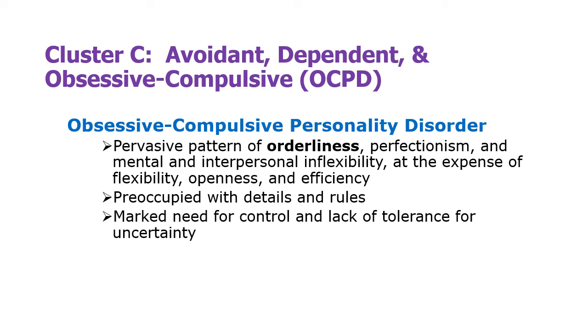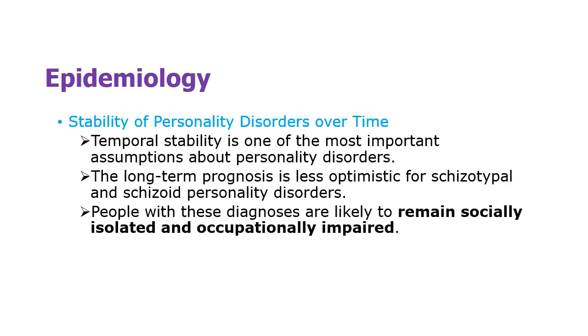Now this is different from OCD in that people with OCD understand that what they're doing is abnormal. They know that they should not be doing this behavior, however they need to satisfy those compulsions or those obsessions. However, in OCPD, they don't have that recognition that what they're doing is abnormal. They don't even know what's going on. They're just doing it. With regard to this slide, all it's really saying is people with personality disorder don't typically